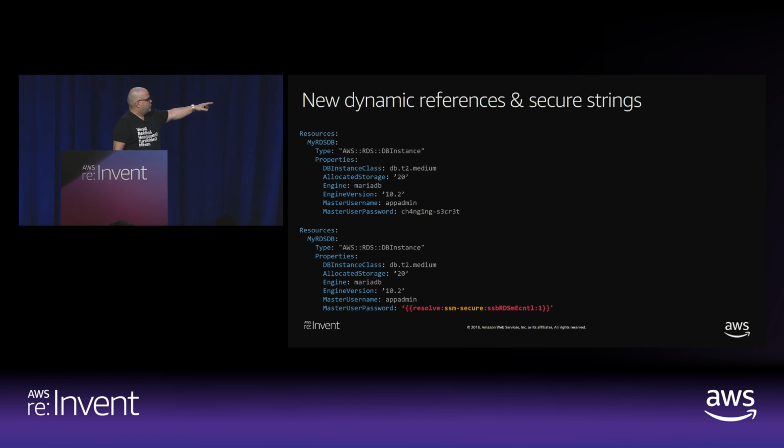So now you can use the curly brackets, and now we're saying it's SSM secure, and not have to include your changing secret in the template. Now, you have a couple of options to handle these secrets. Parameter store is at no additional cost to you, and it does allow for things like versioning and everything. But if you have to include taking your secrets and rotating keys, etc., a better option might be